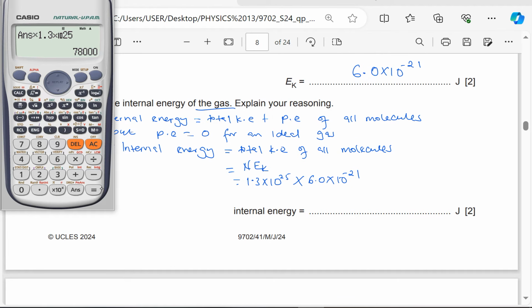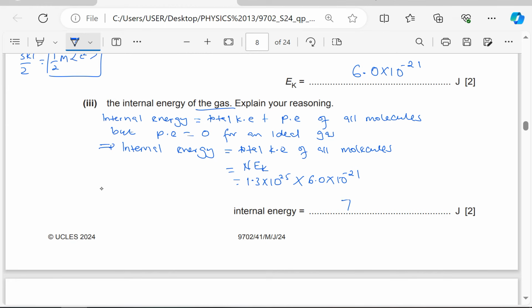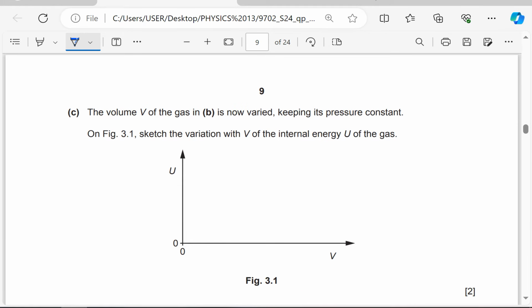So I'm getting 7.8 times 10 to the power of 4 joules. The volume V of the gas in B is now varied, keeping its pressure constant. So pressure is constant. On the figure, sketch the variation with the V of the internal energy U of the